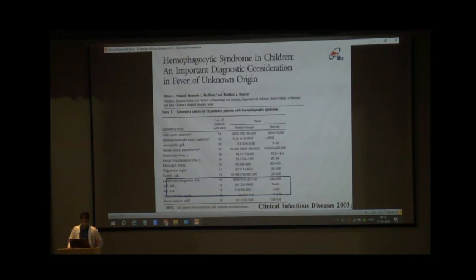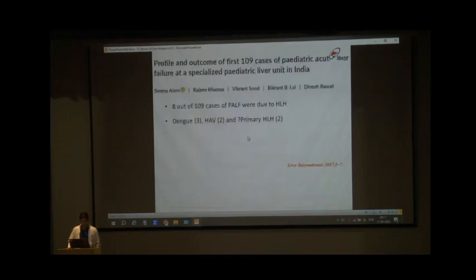This study of the pediatric population with liver involvement in HLH found that almost 90% of the patients had biochemical evidence of involvement of the liver in HLH, and this is the PALF group data of 109 cases from